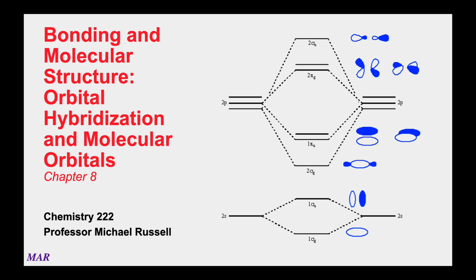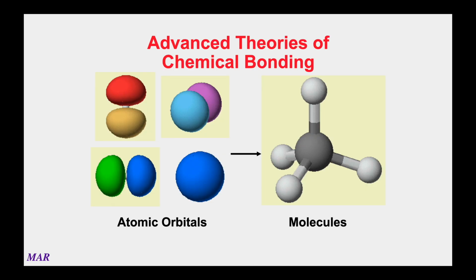And in this section we're going to look at the two models which are used to try and explain why tetrahedral comes around when you have four clouds around a molecule, stuff like that. The two types of theories used are called orbital hybridization and molecular orbitals, and we'll look at both of those in this particular chapter. And again, the goal of this whole section is just to understand